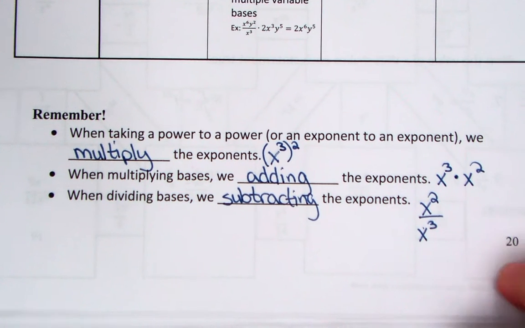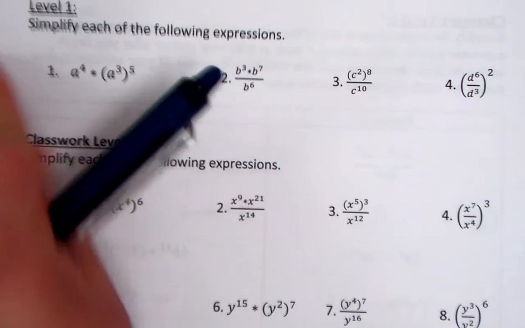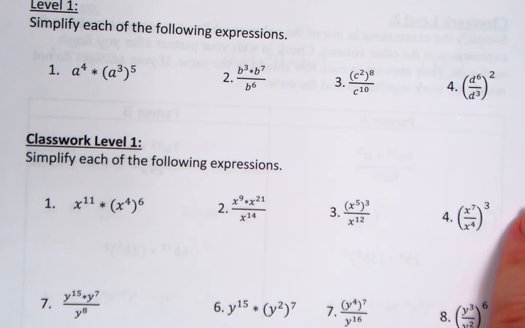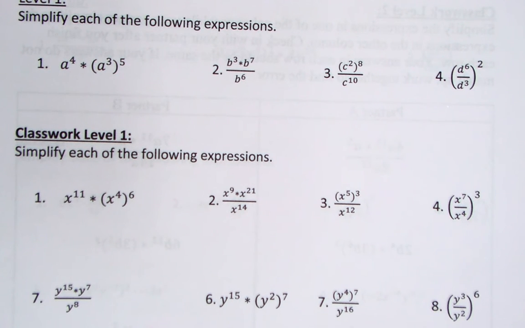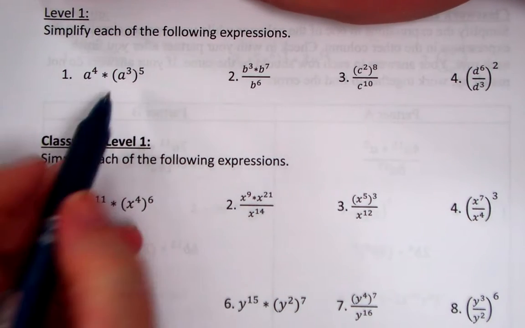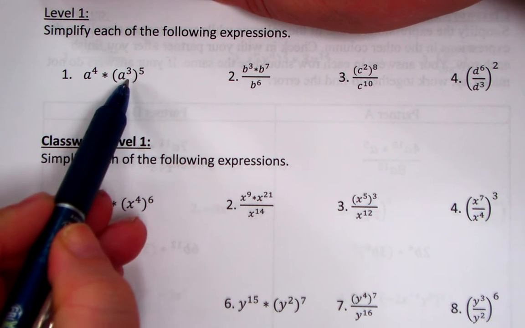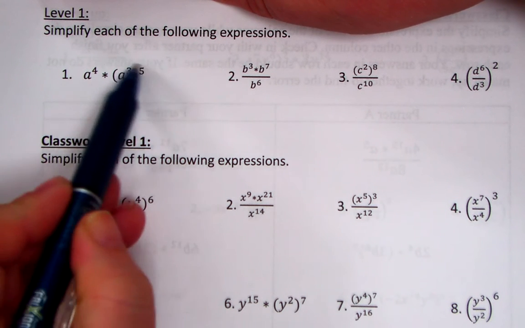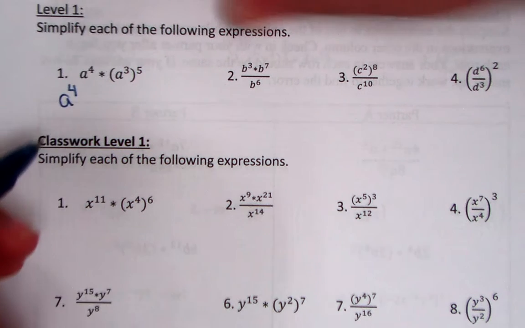Okay, let's go ahead and jump into Level 1. When you are working these out, you want to always do the multiplying first or the parentheses first. That means that in this problem, I have an exponent raised to an exponent, so I have to do this multiplication first. So a to the fourth will come down,